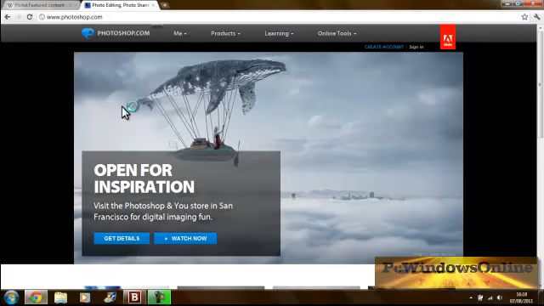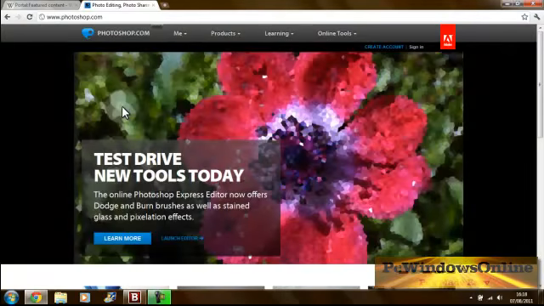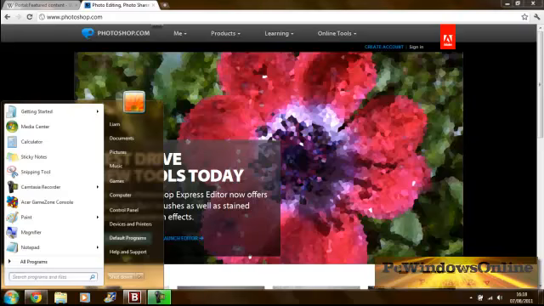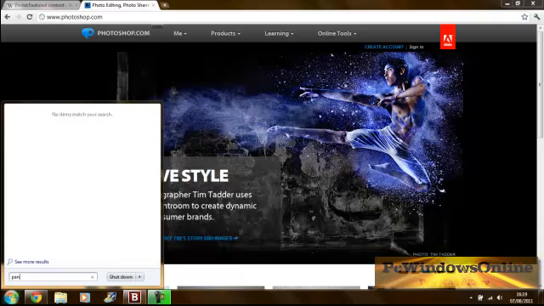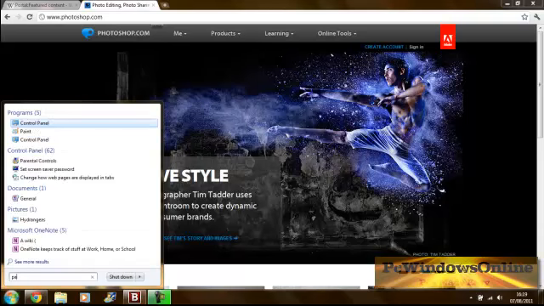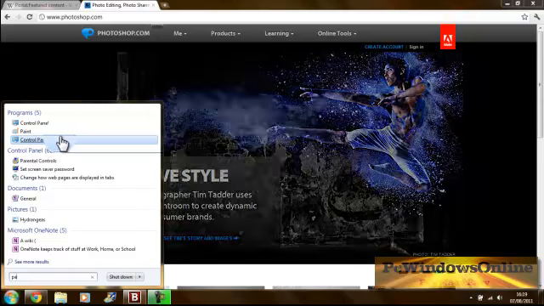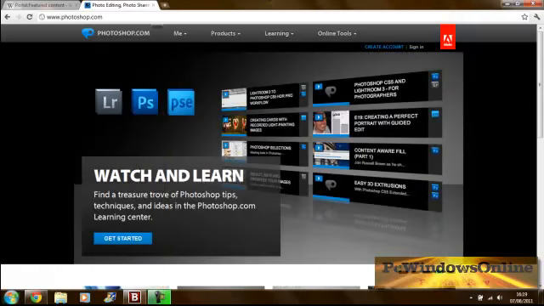Also, there's built-in programs in Windows which are free, like Paint. There, you can go into that. Paint. There's also online things like